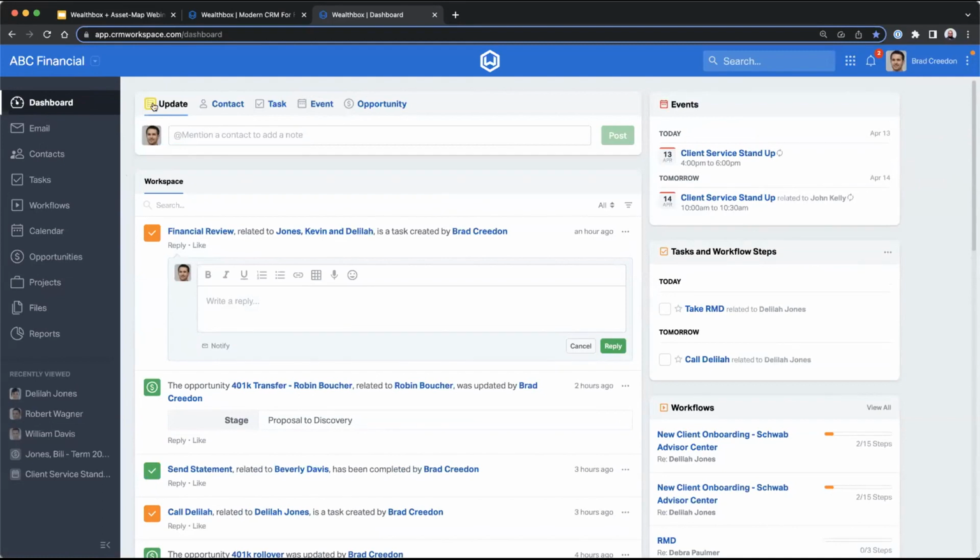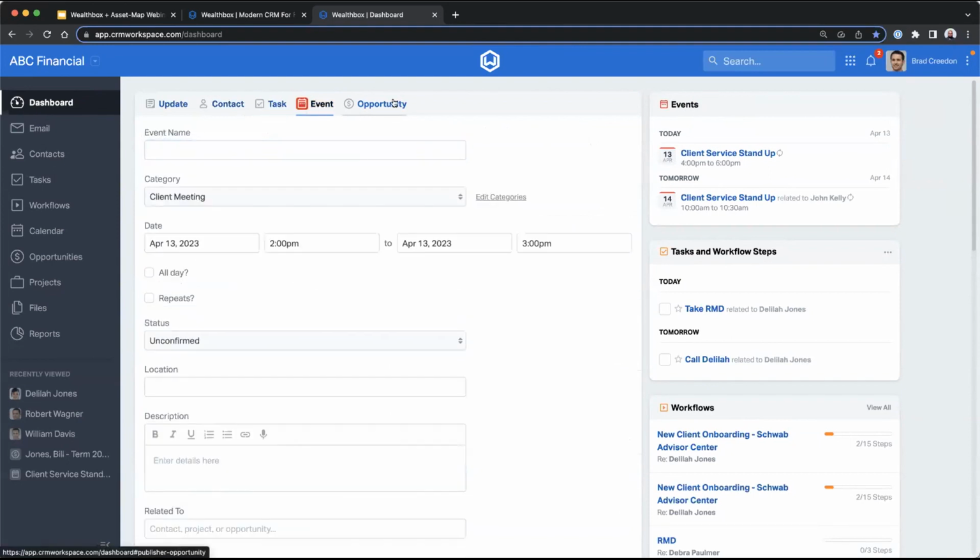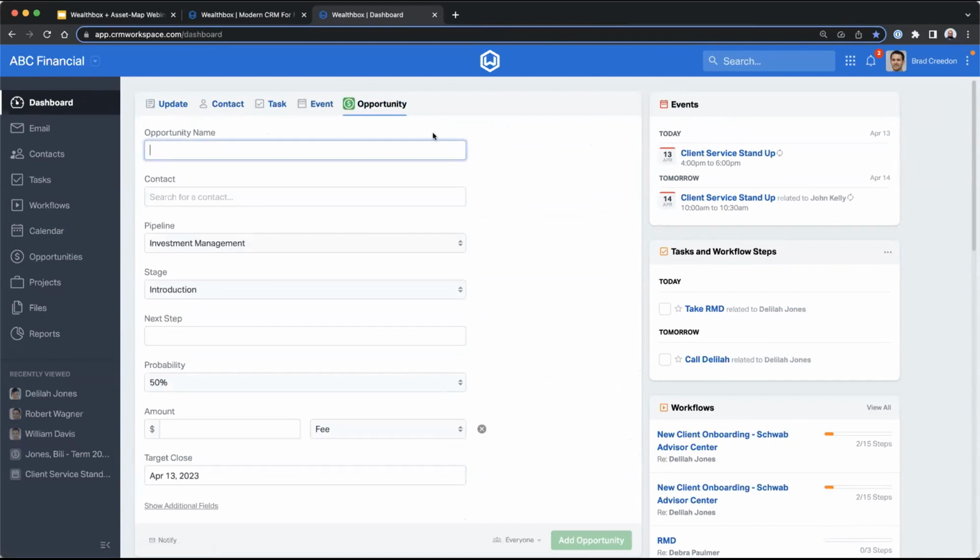The publisher is what you'll use to add new activities. You could create new notes, create new contacts, assign tasks, schedule events, and create new opportunities. These options are here to save you time, so you don't have to switch to a different section or look up a contact just to add that activity. This does save a lot of time in terms of clicking, waiting for pages, and of course, keeping your client